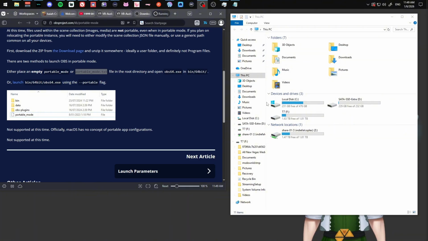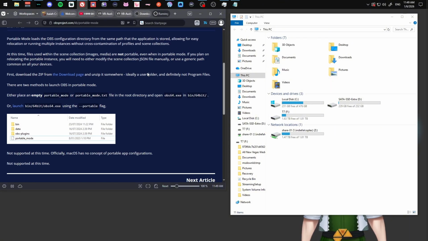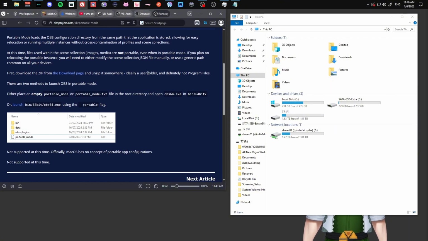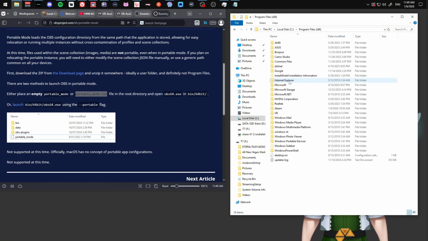Oh, okay. So essentially what we're going to do here is we're going to go to this website, portable mode. It'll give you a little bit of info on it. If you would like to read it, I would take your time and read it. It's not much. It's just a paragraph, dude. Even for us ADHD folks, this is doable. I promise you. And essentially, we're going to create a portable mode.txt file in our OBS folder, which I think